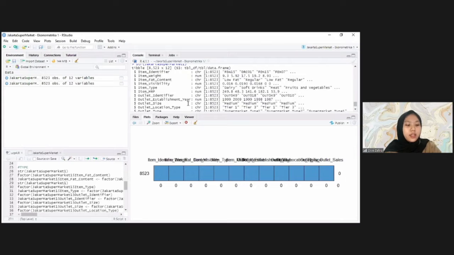It can be seen that these variables still have different types of data, especially variables that have the data type character, which must be changed first into factor according to levels, or provide an example for each unique code in the data. Especially for the item identifier variable, it doesn't need to be changed because the variable is an identity, so it has quite a lot of unique codes.